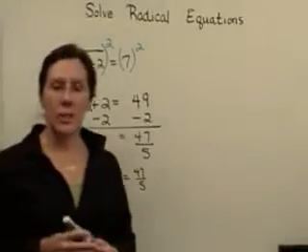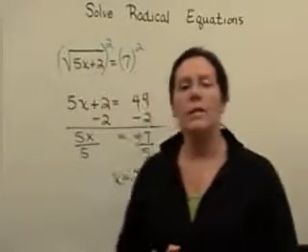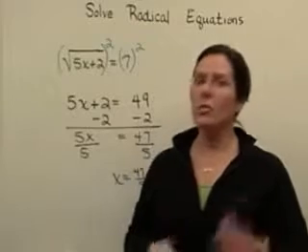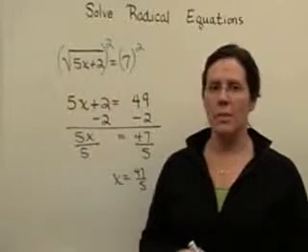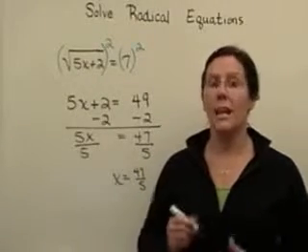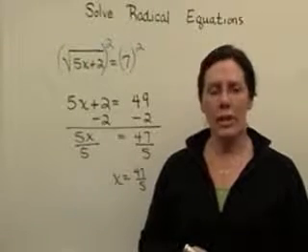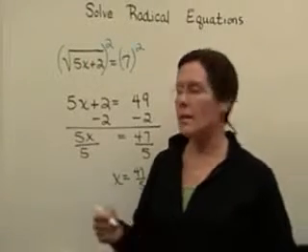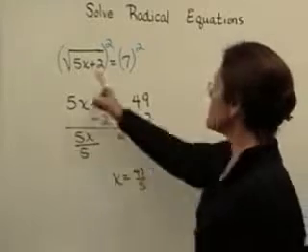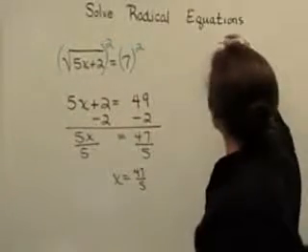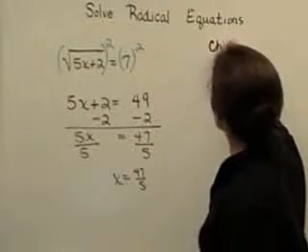The one thing that you need to be careful of when you solve radical equations is that you need to check your answers. It's true of all equations, but it's particularly important here because frequently, and I mean very frequently, you're going to get answers that don't check in that equation. So if I were to put 47/5 into this expression as my check,